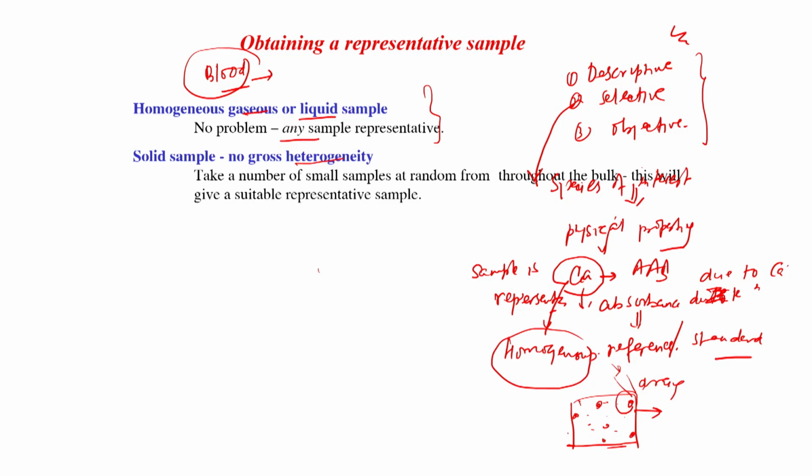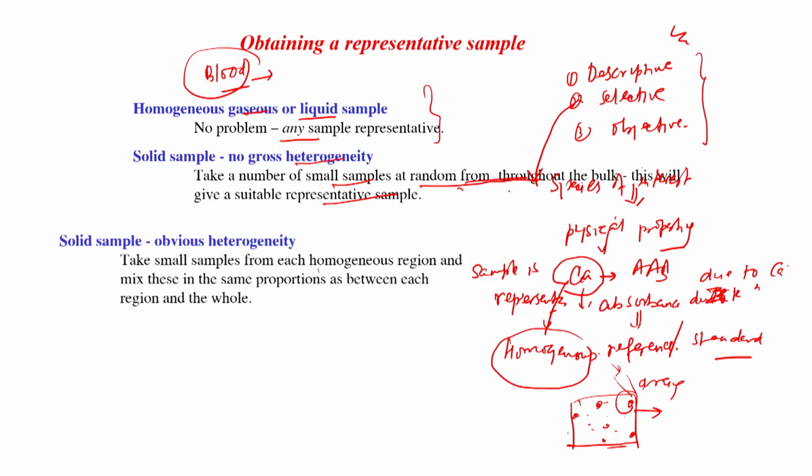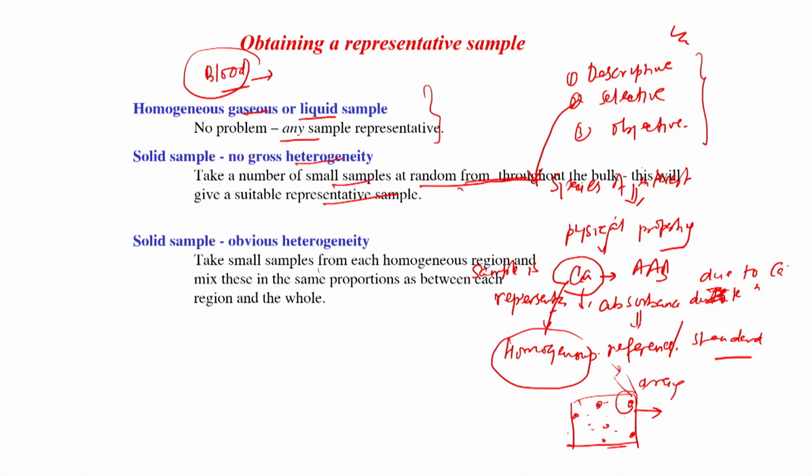In solid samples there is actually not heterogeneity, but what you do is take a random small sample from a bulk sample, and that will be representative. But you have to ensure that the bulk sample that you collected is actually representative or homogeneous. Solid samples,